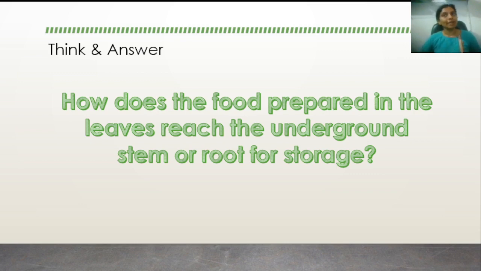So the stem, as you know, carries water as well as minerals from the roots to the other parts, the upper parts of the plant. The stem also carries the food that is prepared in the leaves to all the parts of the plant. So it is through the stem that the excessive food that is produced in the leaves during the good season is then transported, and it is stored in the underground stem or in the underground taproot system for bad times by the plant.